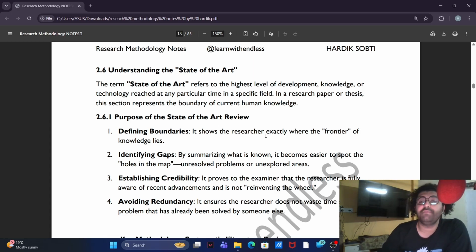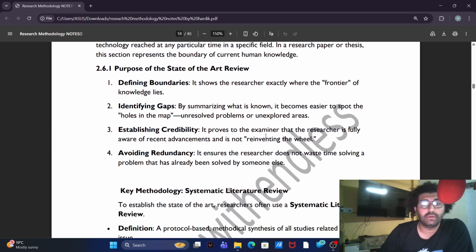2.6 Understanding the state of the art. The term state of the art refers to the highest level of development, knowledge, or technology reached at any particular time in a specific field. In a research paper or thesis, this section represents the boundary of current human knowledge. Purpose. The purpose of the state of the art review: